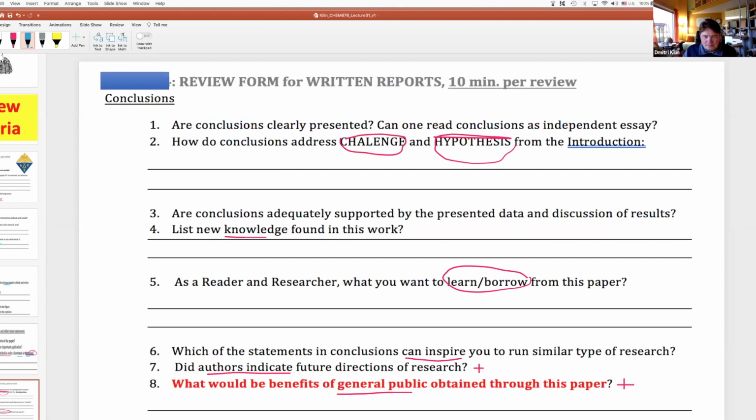Conclusions. Do the conclusions refer back to the challenge and hypothesis from the introduction? Is there new knowledge you as a reader, as a reviewer, found in this work? Is there something the reviewer wants to borrow from the paper? And also,